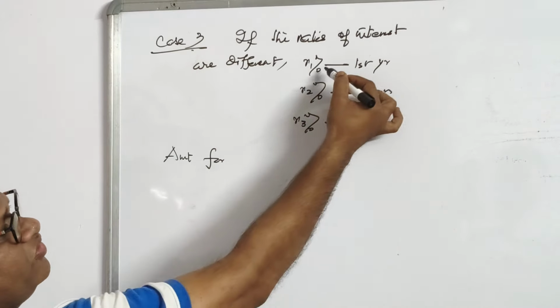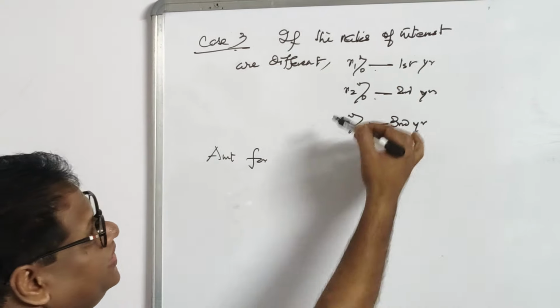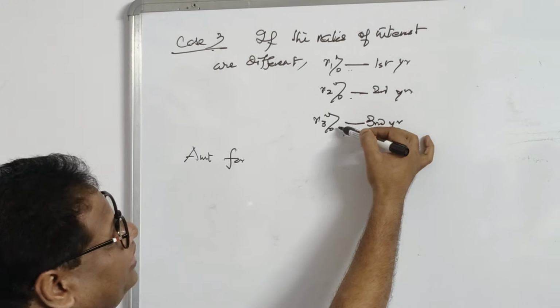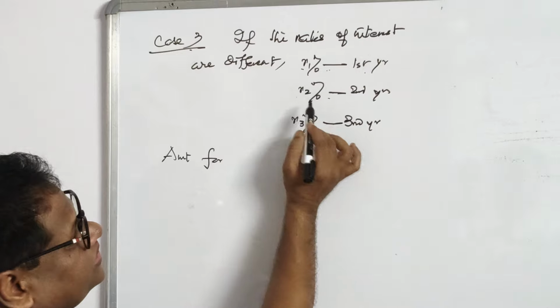See, the rate is not fixed for all the successive years. Till now we have been discussing that the rates are same. Okay, here the first year the rate is R1%, for the second year it is R2%, for the third year